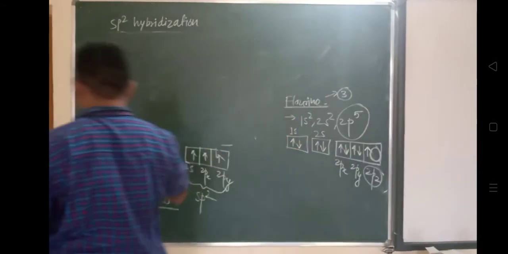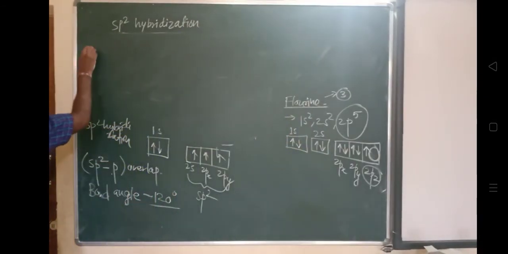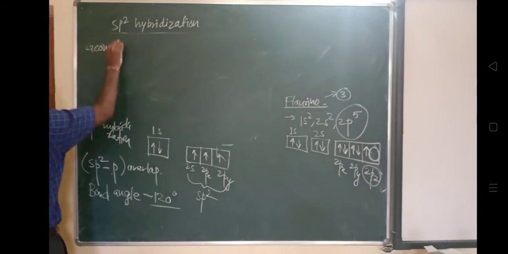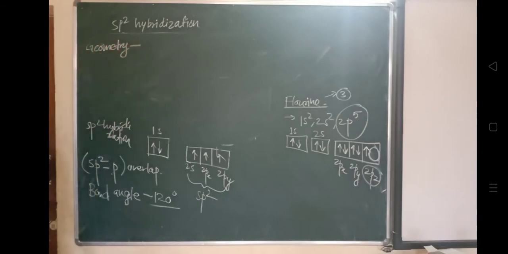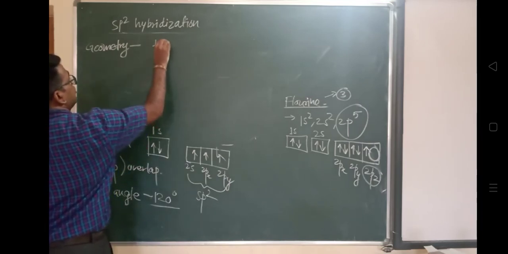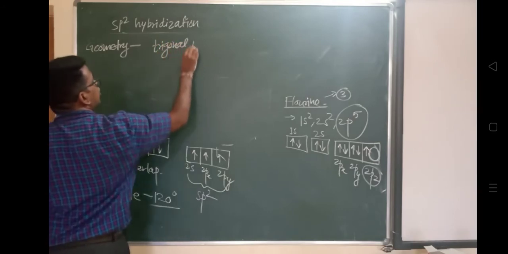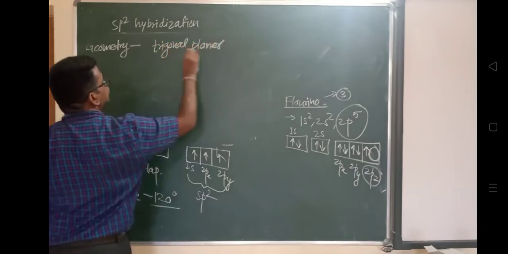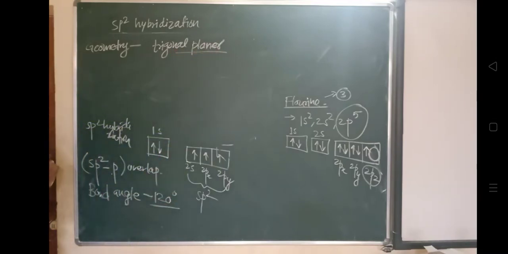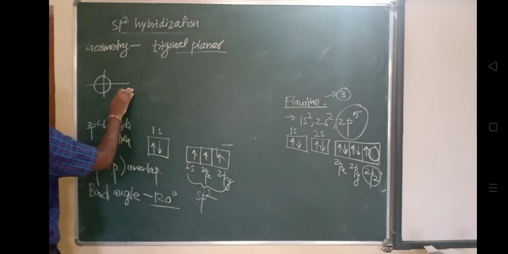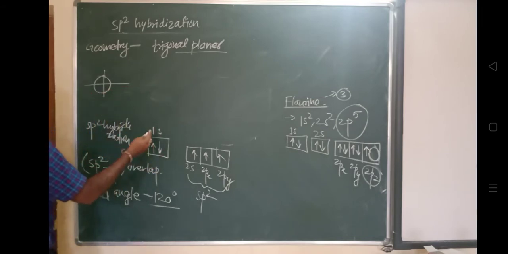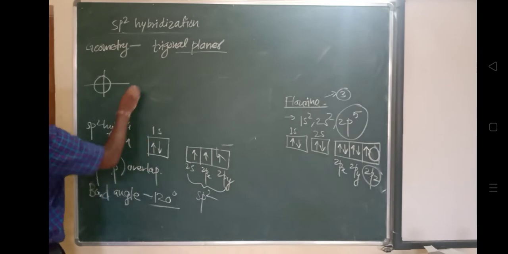And you know very well that when sp2 hybridization takes place, it will form one larger lobe with a positive sign and one smaller lobe with a negative sign, because this is what sp2 hybridization means. We have already seen in hybridization that it forms lobes, out of which one will be of larger size and one of smaller size.